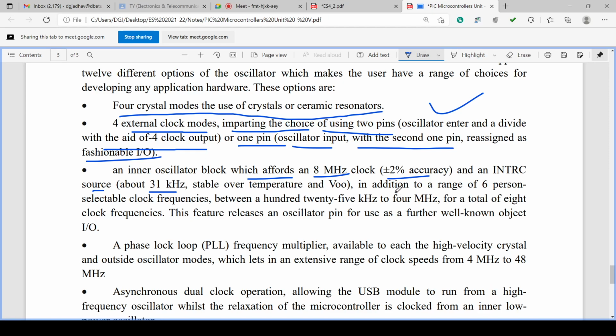In addition, there is a range of 6 selectable clock frequencies between 125 kilohertz and 4 megahertz, for a total of 8 clock frequencies. This feature releases an oscillator pin for use as general purpose IO.